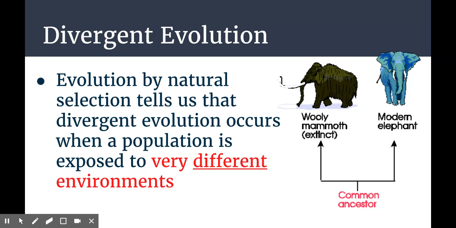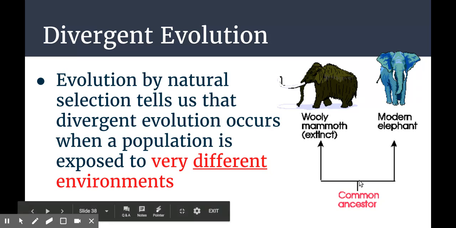If we bring natural selection into this, we can really see the difference between convergent and divergent evolution. Evolution by natural selection tells us that divergent evolution would occur when a population splits and those two populations are exposed to very different environments. Those different environments we know are going to drive different adaptations, different traits that make you better at surviving there than other things. And so these different adaptations or different traits, over time they're going to accumulate until my two populations are so different from one another that we say that they have diverged,